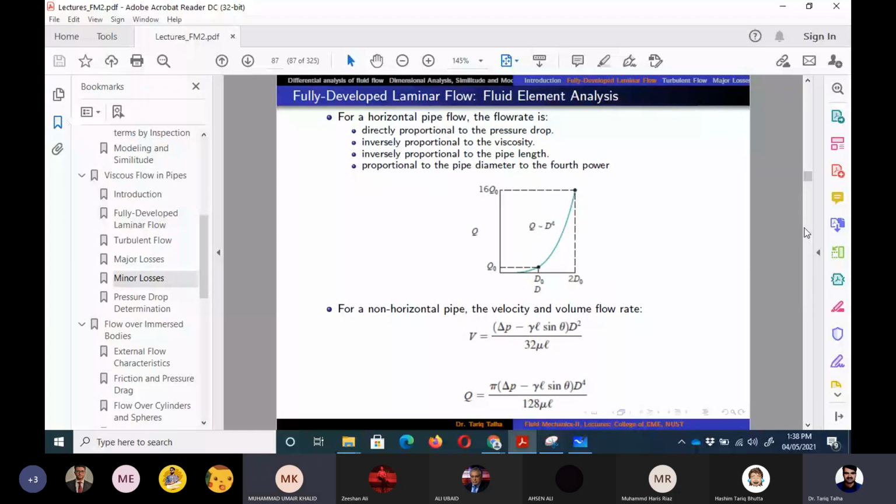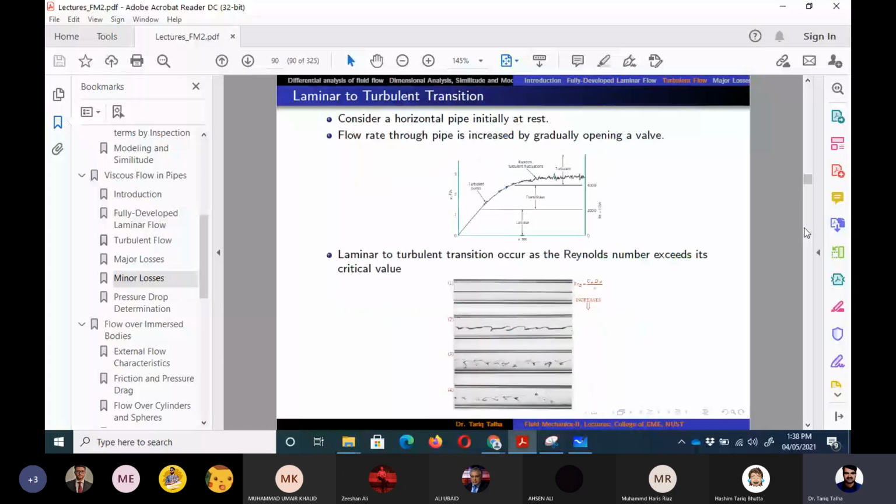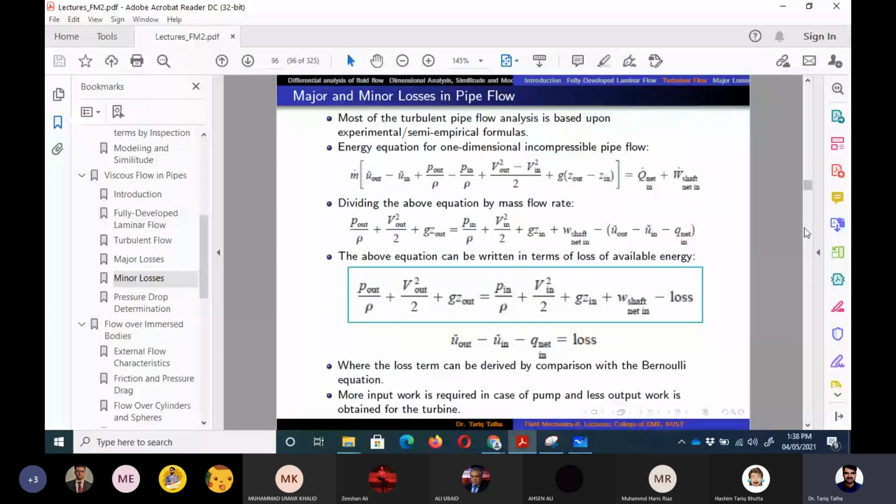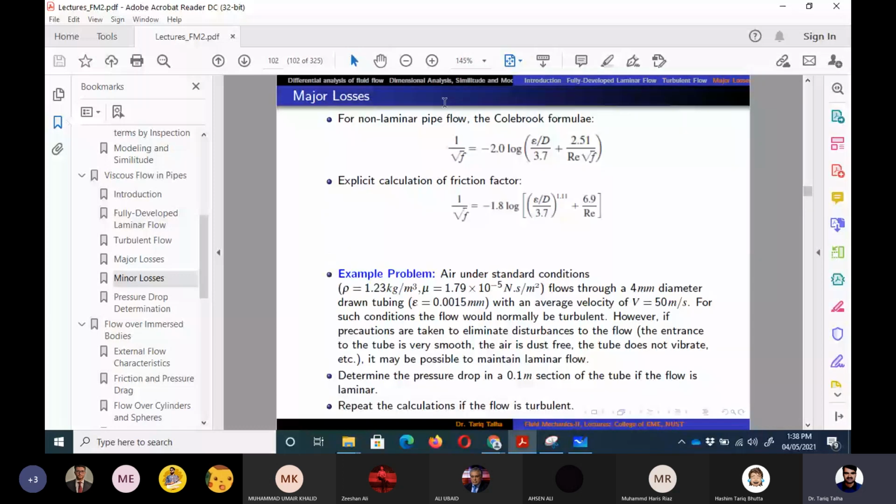If there are too many formulas, then we can make a formula sheet. Otherwise, for these friction factor formulas that we discuss, you don't need to memorize them. If there is a question in the question paper, I would provide the formula, right? Since we have not derived these formulas, you don't need to memorize them, but for the ones we have derived, you can just go through them, maybe a couple of formulas, so that would be fine. Okay, and we can always discuss it later. Okay, Matt? Yes, sir.